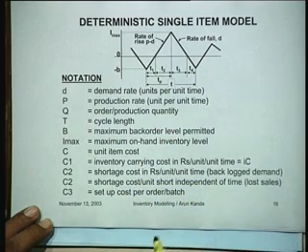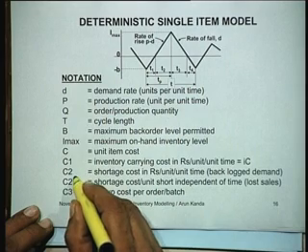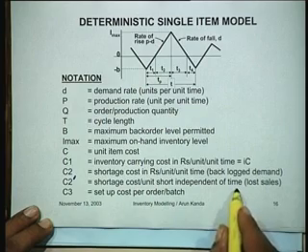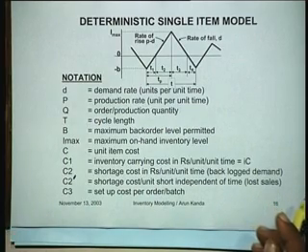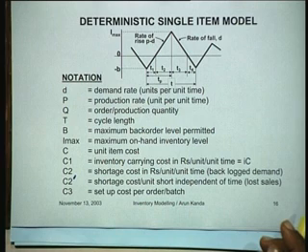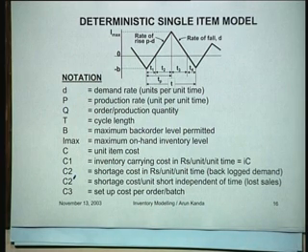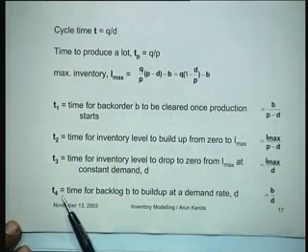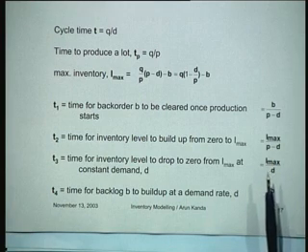So this is the backlogging cost as you had before. This you can call C2 prime. C2 prime is the shortage cost per unit independent of time. So this is lost sales. So we are now modeling both the backlog demand as well as the lost sales together, right? C1, C2 and C2 prime, and C3 is the setup cost per order per batch. So if you look at this formula, what we basically try to do is express all these times in terms of the production quantities that we have, right?